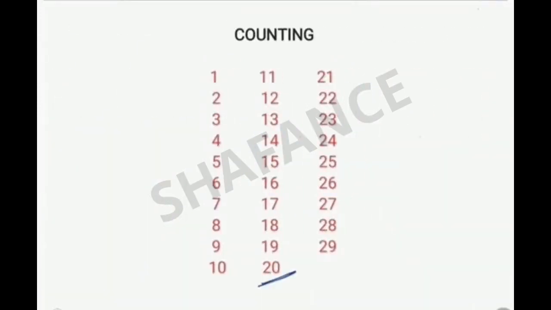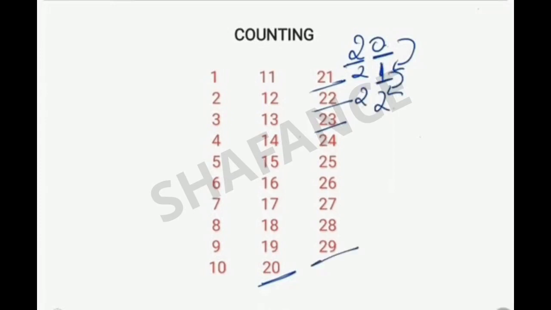So we got 20, and in this way there is 21, 22, 23, because from 20, now the rightmost digit we have to increase. From 0 it becomes 1, so we get 2, 1, that is 21. From 1 it becomes, this place becomes 2, and we get 22. Similarly it goes on till 29.